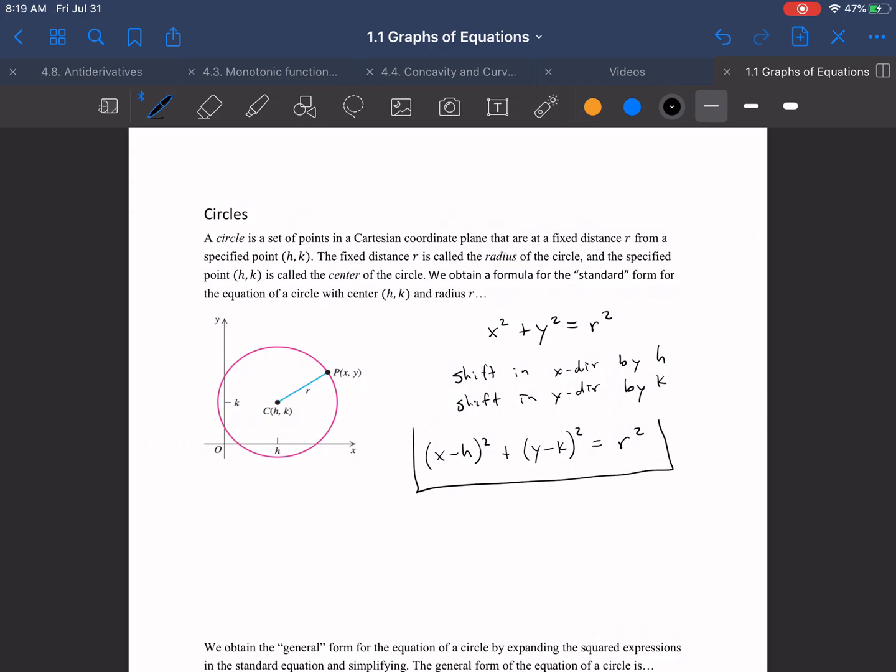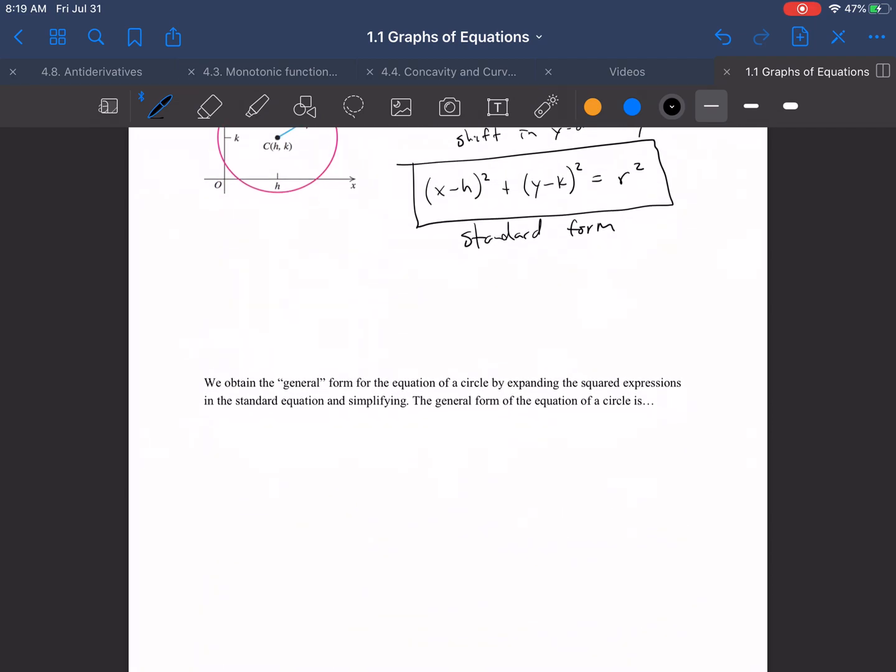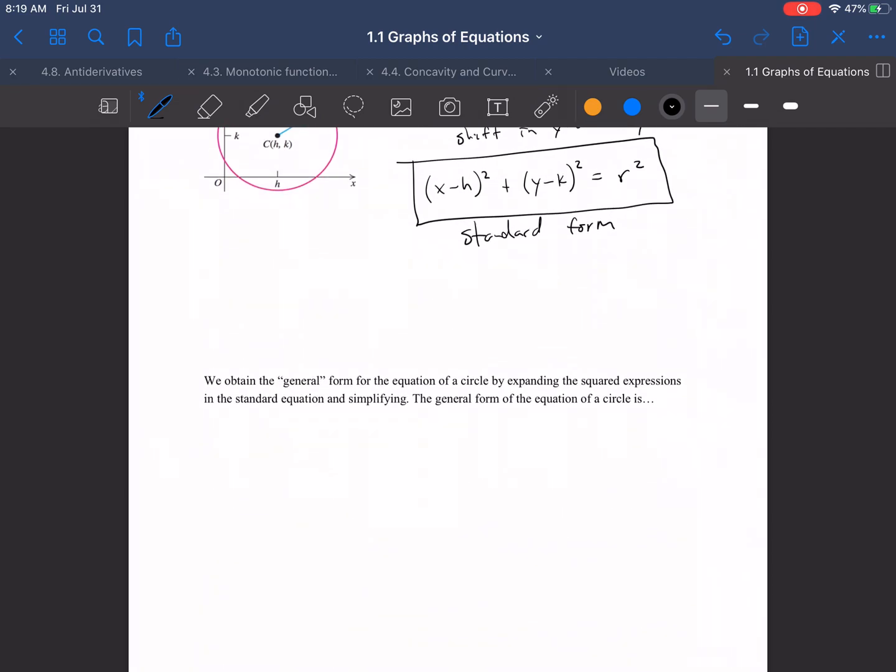And this form of a circle is called the standard form. Okay? Pretty common one to see. It's nice. You can read the center of the circle right off of it and the radius right off of it. However, that's not the only form we could have. You could actually expand that standard form by squaring all of that out and combining any like terms. And basically, you might have the general form of an equation just by expanding it, or you might come across it,